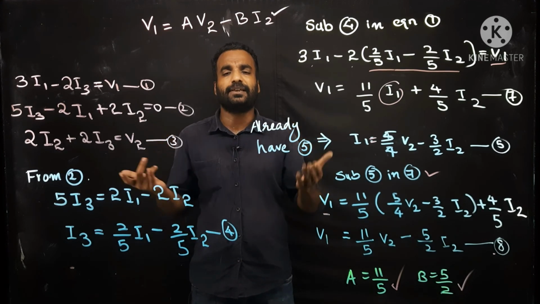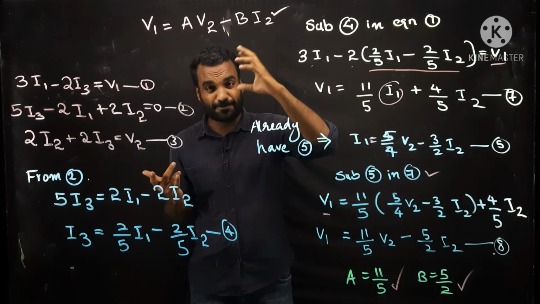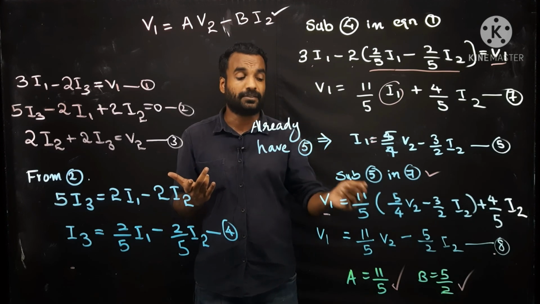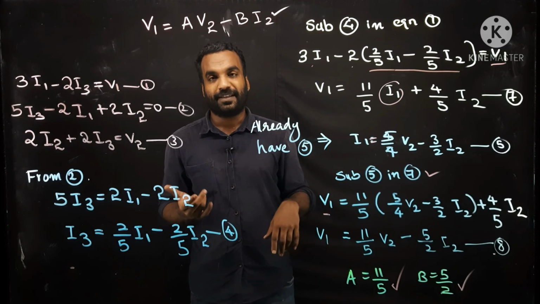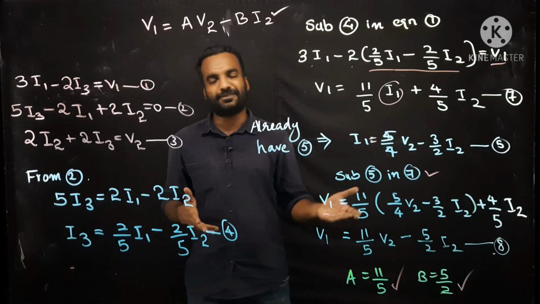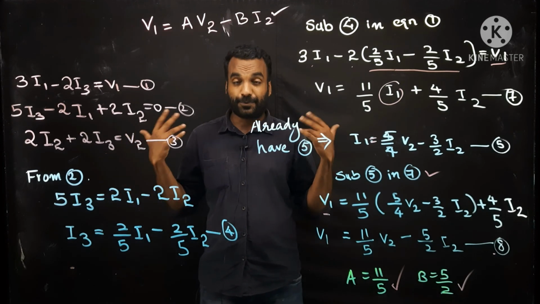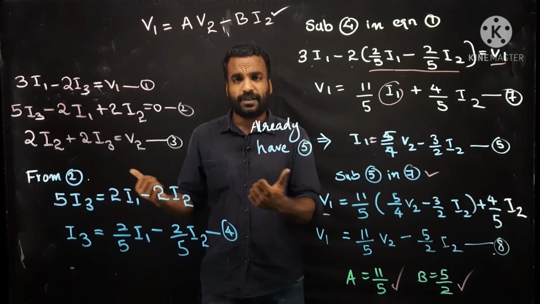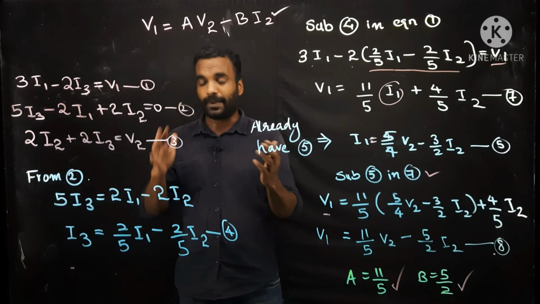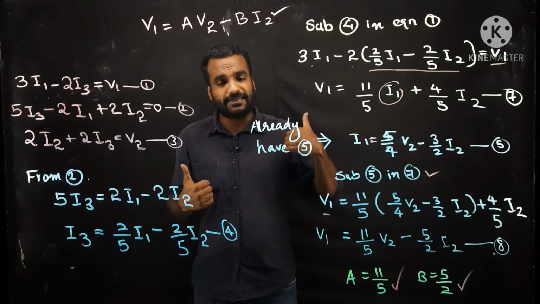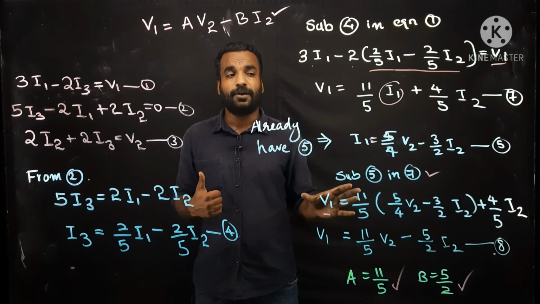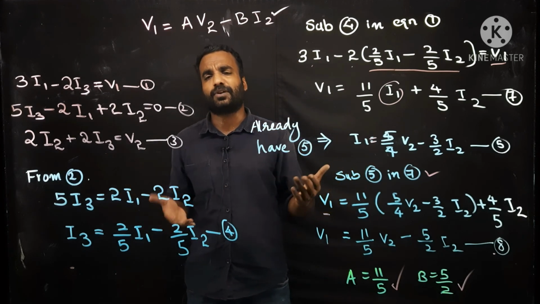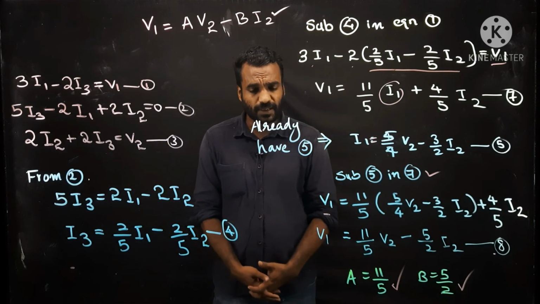And I am suggesting you to try our previous problems that we worked out in Z, Y, H parameters with this method also. If you like this method, you can opt this method as your method. That is up to you. But my choice is what I made till now in the problems. I opted my own method. So I suggest you to follow this method only in ABCD parameters, and that is up to you. You can try this for other parameter problems also.